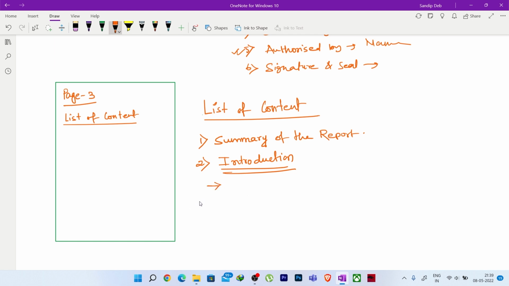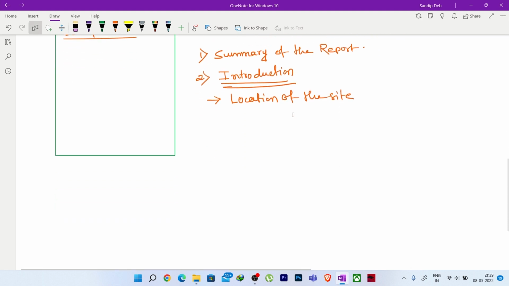In the introduction, you should give a detailed idea about the location of the site, where you are going to construct the building or the structure. Maybe you can take a picture also from Google Earth and put it on the next page, I will explain that later. So the location of the site, then you can put